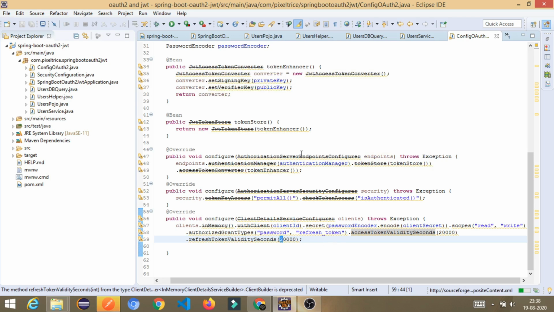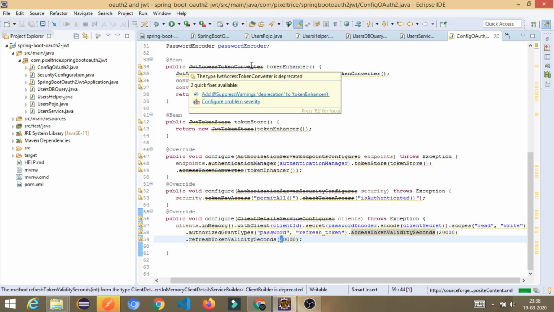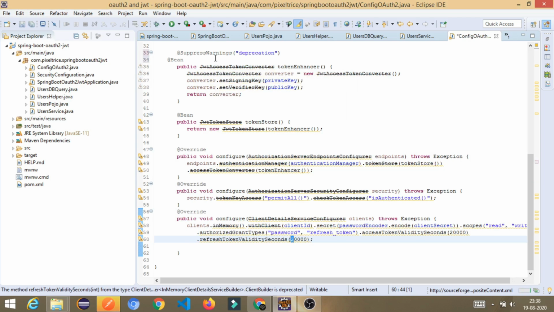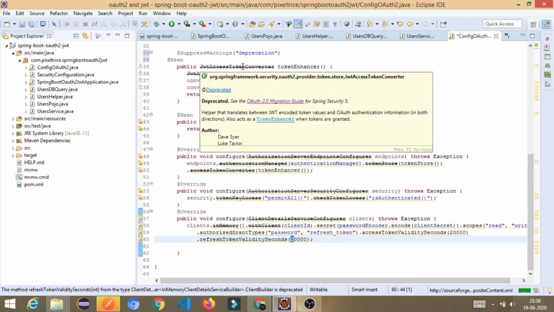This happens because, if you go onto that, it will give the suggestion to add @SuppressWarnings deprecated. If you click on that, it will add it, but still it is showing that line, it is not disabled. See what the problem is here.